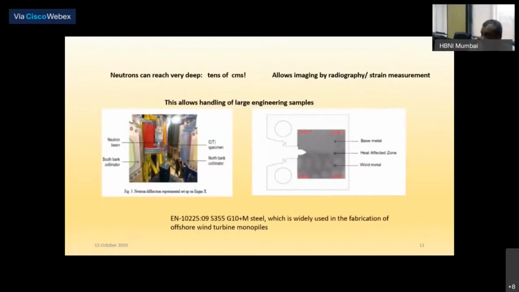But so far I have been talking about research using neutrons, as most of you are doing, and neutrons have a huge strength because they can penetrate very, very deep. Neutrons can penetrate as deep as 10 centimeters, which is extremely unlike X-rays or any other radiation. Electrons can go 30 to 50 angstrom thickness. X-rays can go up to 10 micron thickness. Neutrons go tens of centimeters.